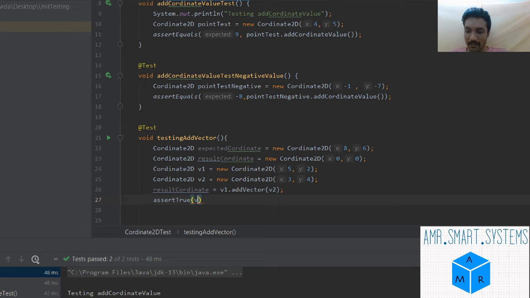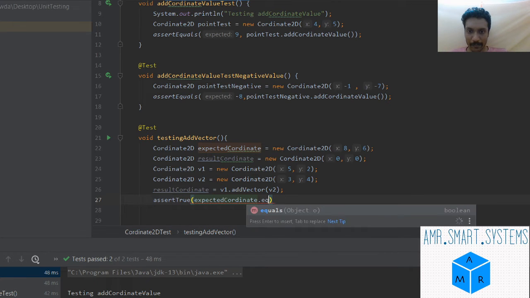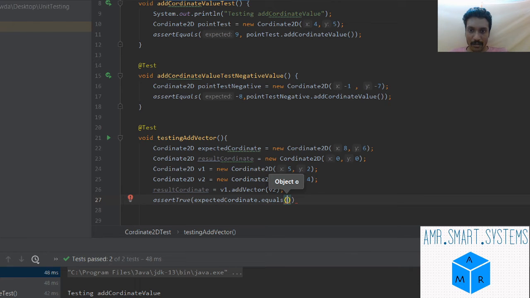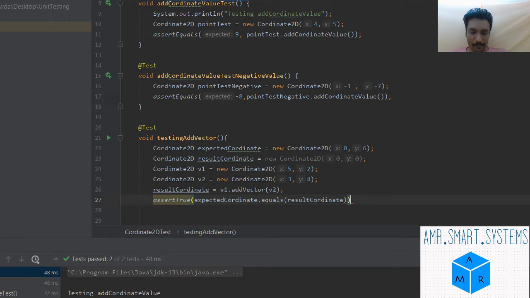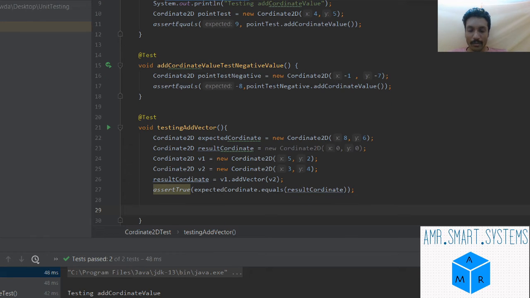We use the expected coordinate dot equals to this object, that is the result coordinate. It basically returns a boolean value, whether it is true or false.